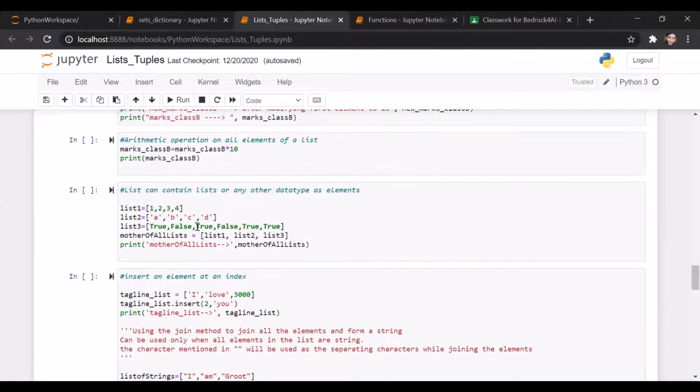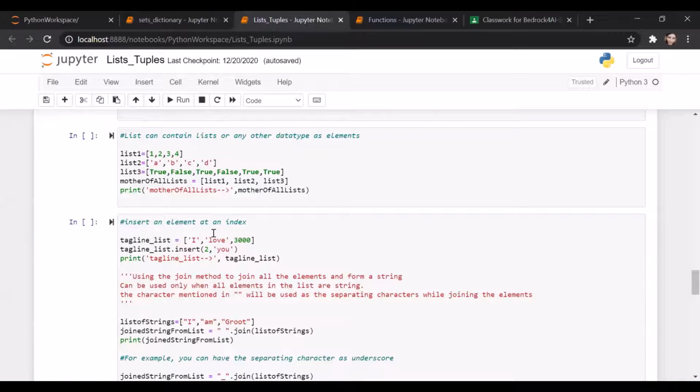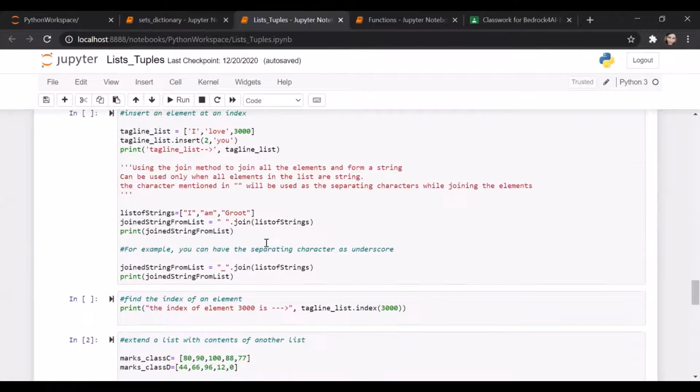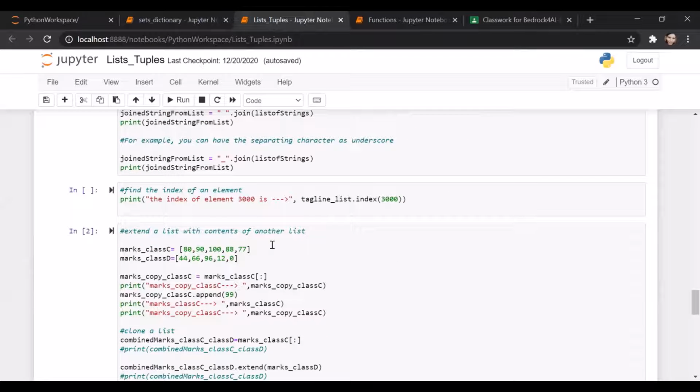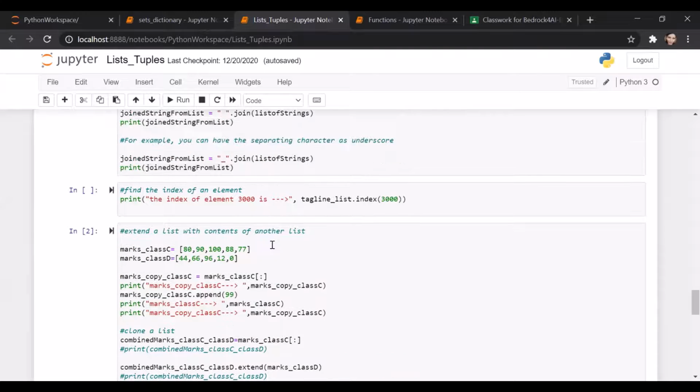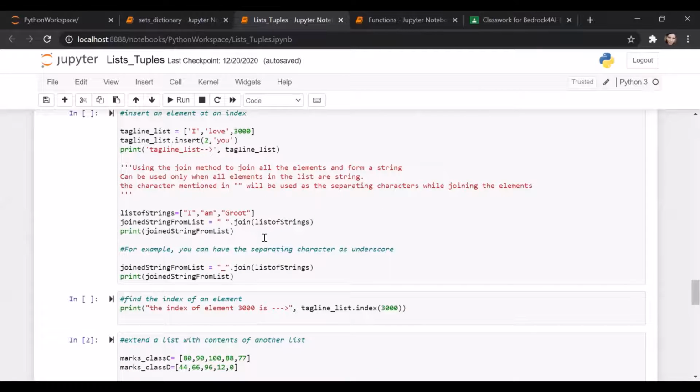Then doing arithmetic manipulations on elements in a list. Then there is code to insert an element at a specific position or join two lists, or, most important, okay, not most important, but one of the most important ones here is converting this transition from string to list.